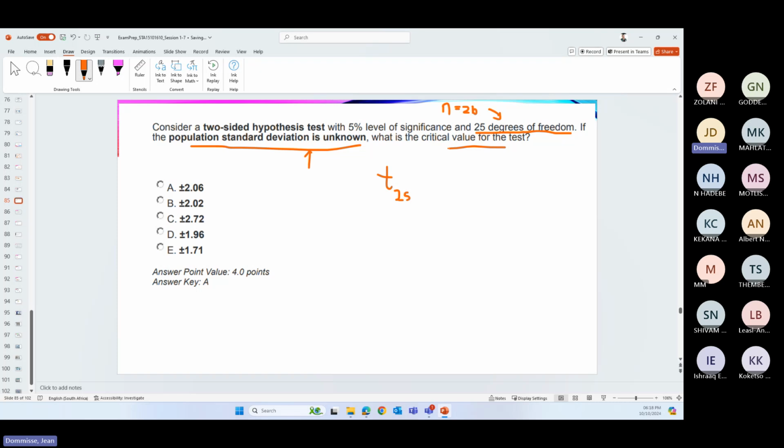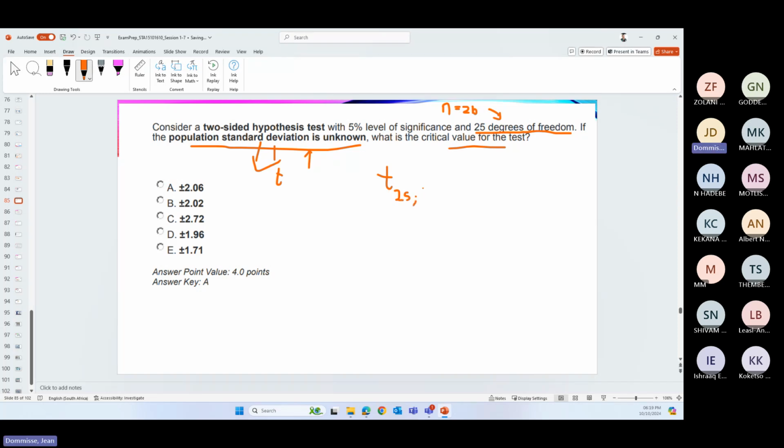So they don't need to tell you that you're working with degrees of freedom. They could have just said sample is 26, but out of the unknown component you would have seen that you're working with a T. Okay, so T25,